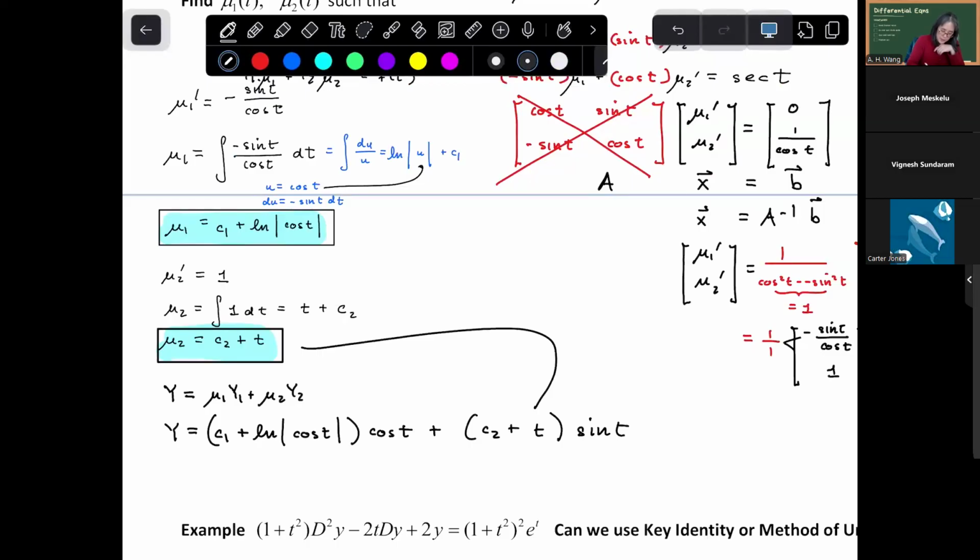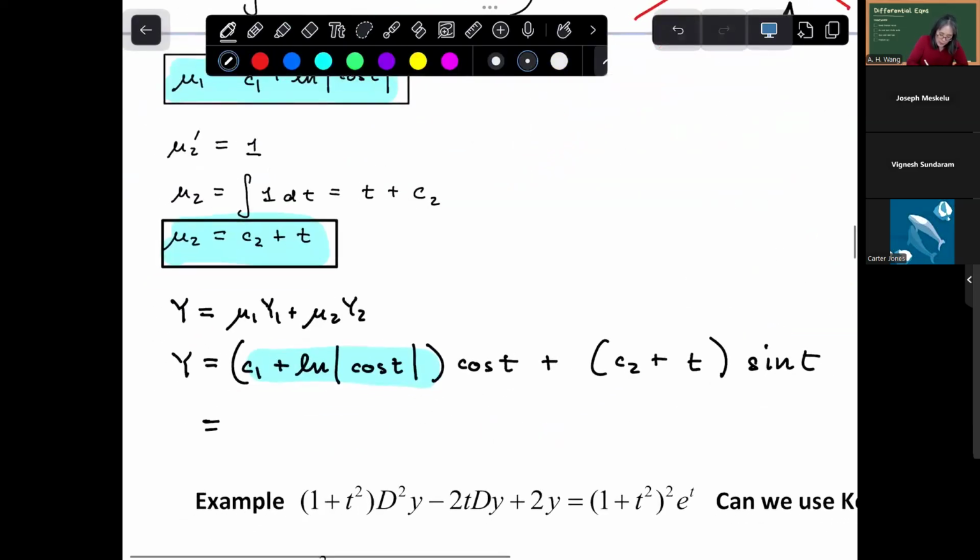So there we go. Everybody see? Just to make it clear again, this is the blue, and then this is this blue right here. And now, can you see if you go ahead and distribute,